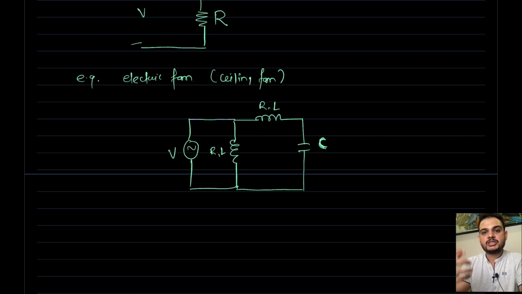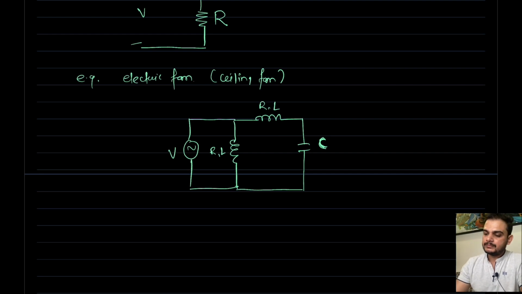Because whenever we touch a working electric fan, we will feel heat; the fan will get heated. That is nothing but the dissipation of energy in the form of heat. For any electrical appliance, for example a transmission line or an electrical motor, what will happen? It will dissipate heat and get heated.